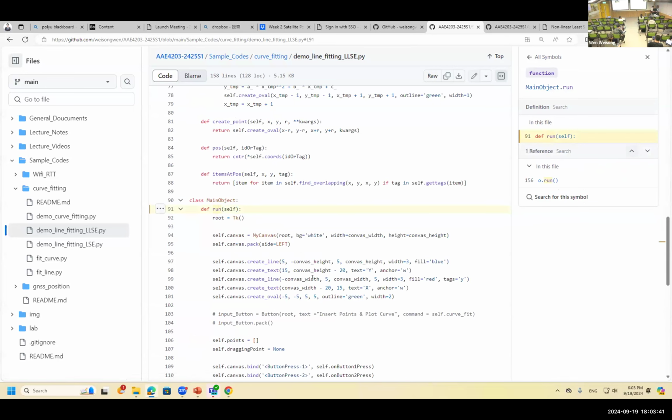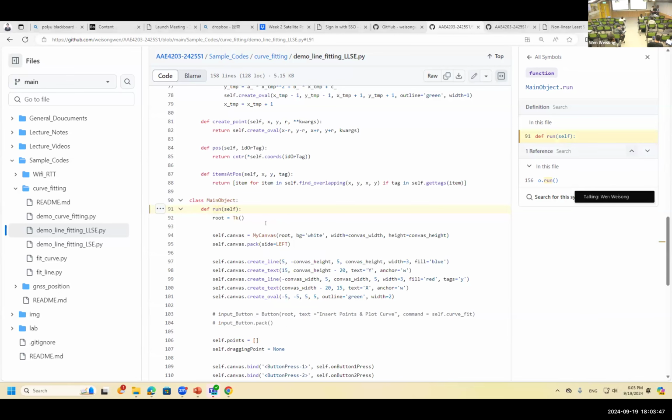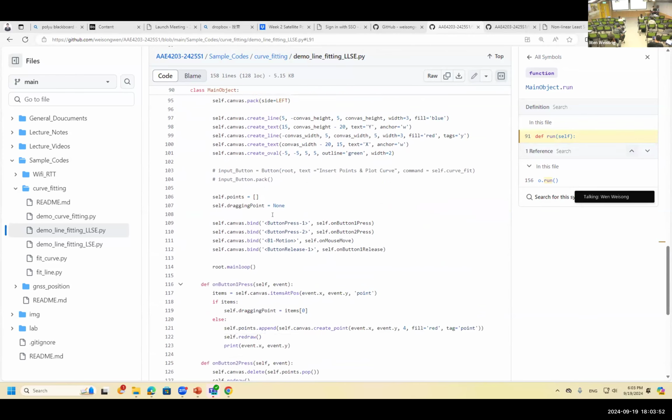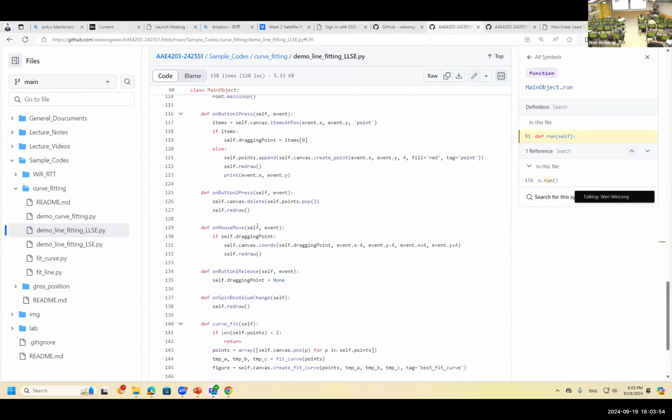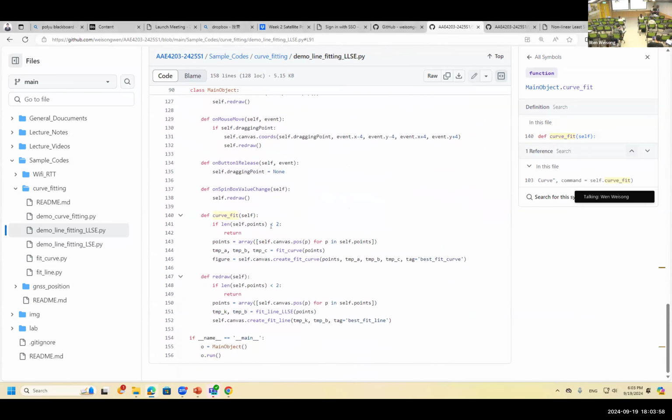Okay, so the run function is quite intelligent, right? In the run function, for example, it first tries to generate the GUI. What I want to emphasize is the main function to do the curve fitting. For this one, if you click the GUI, it means